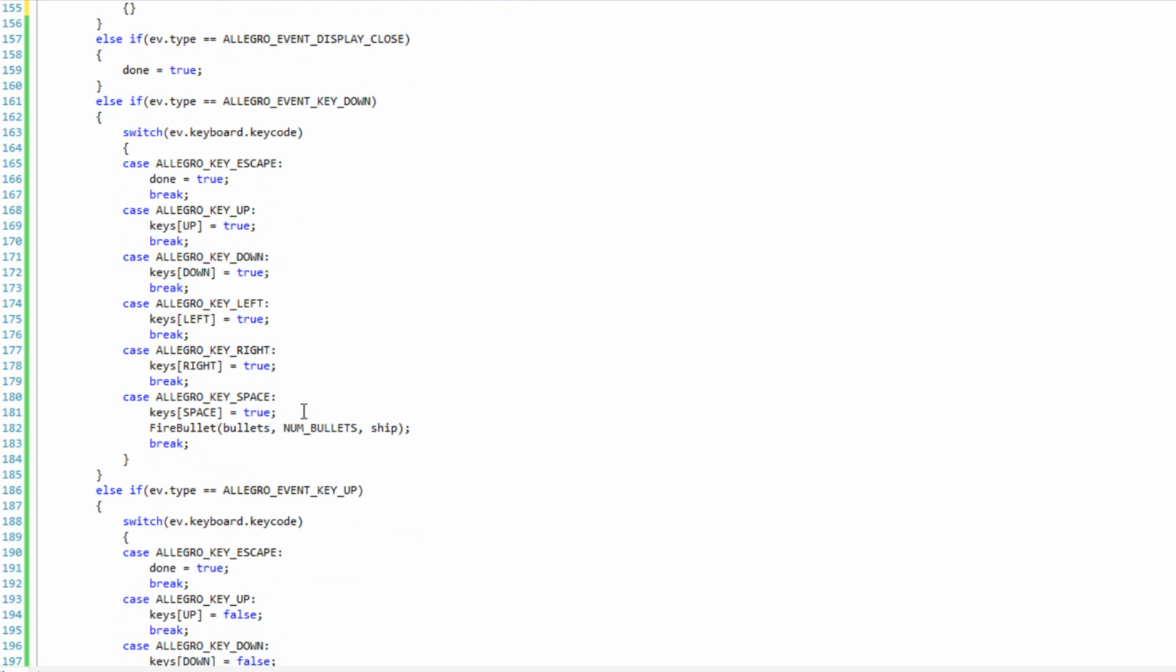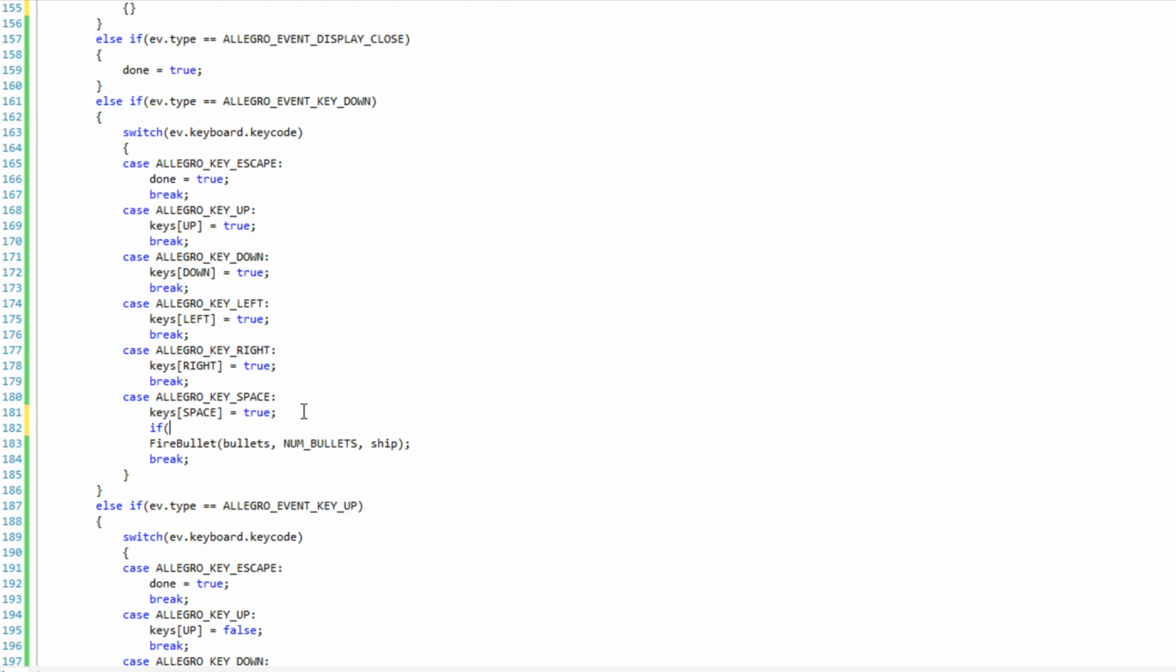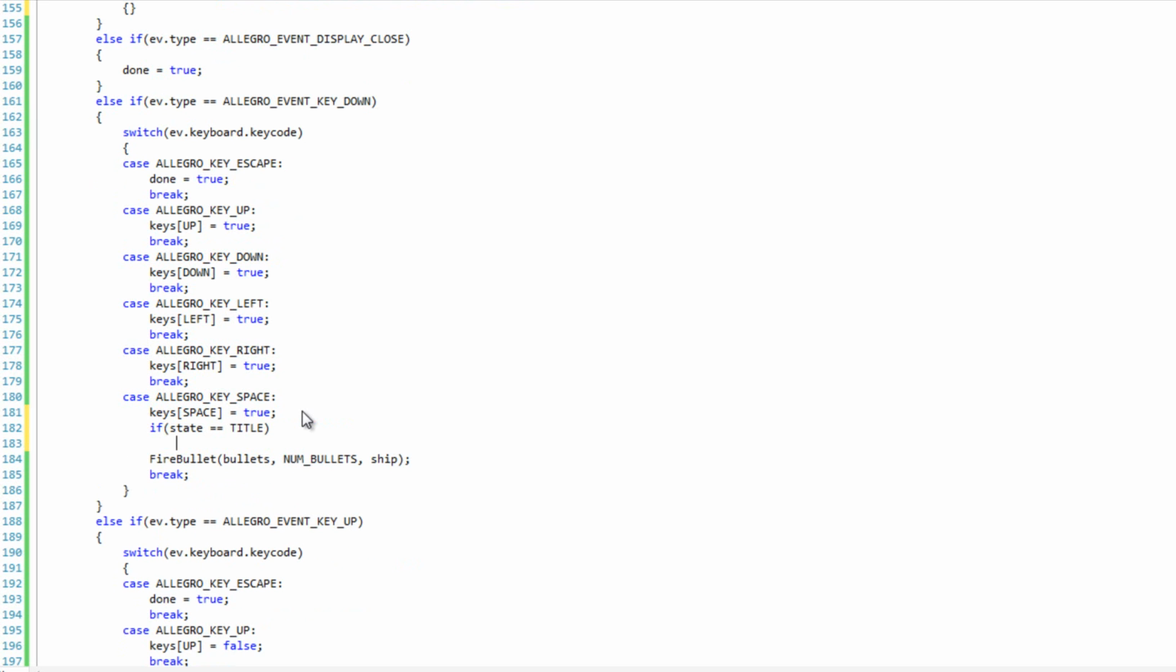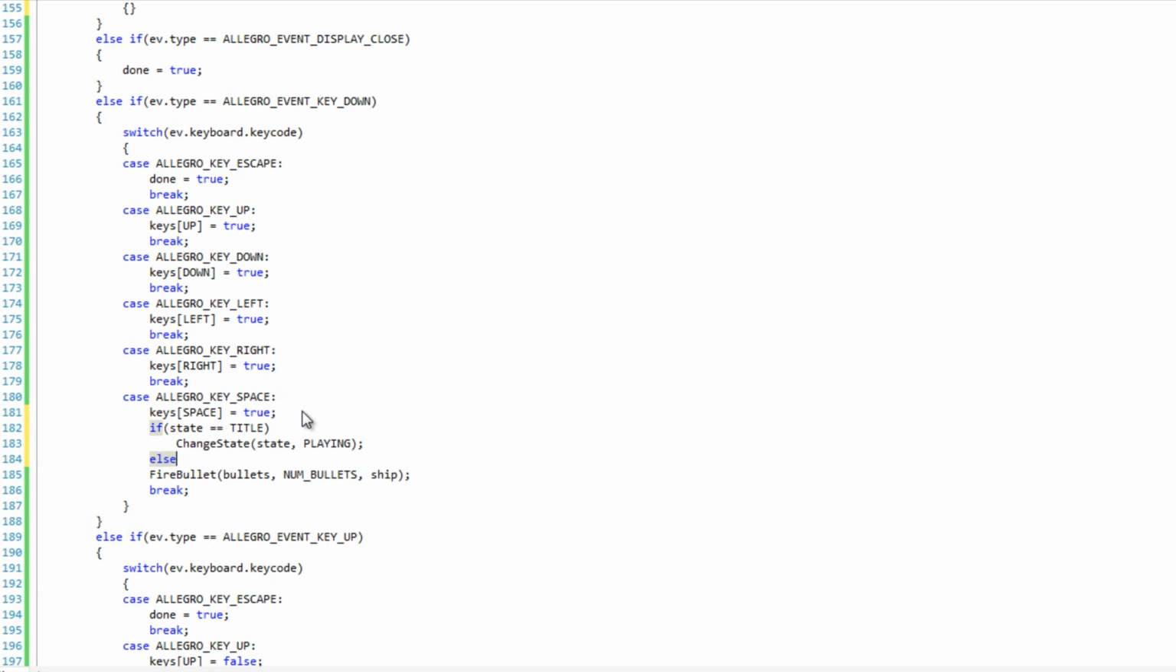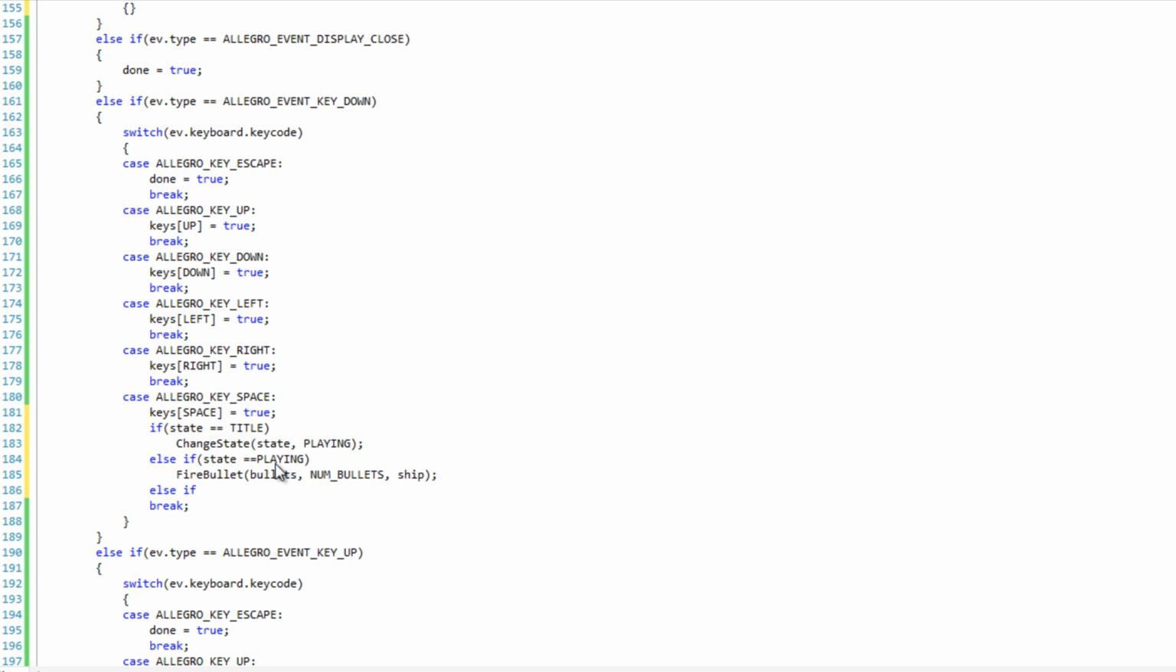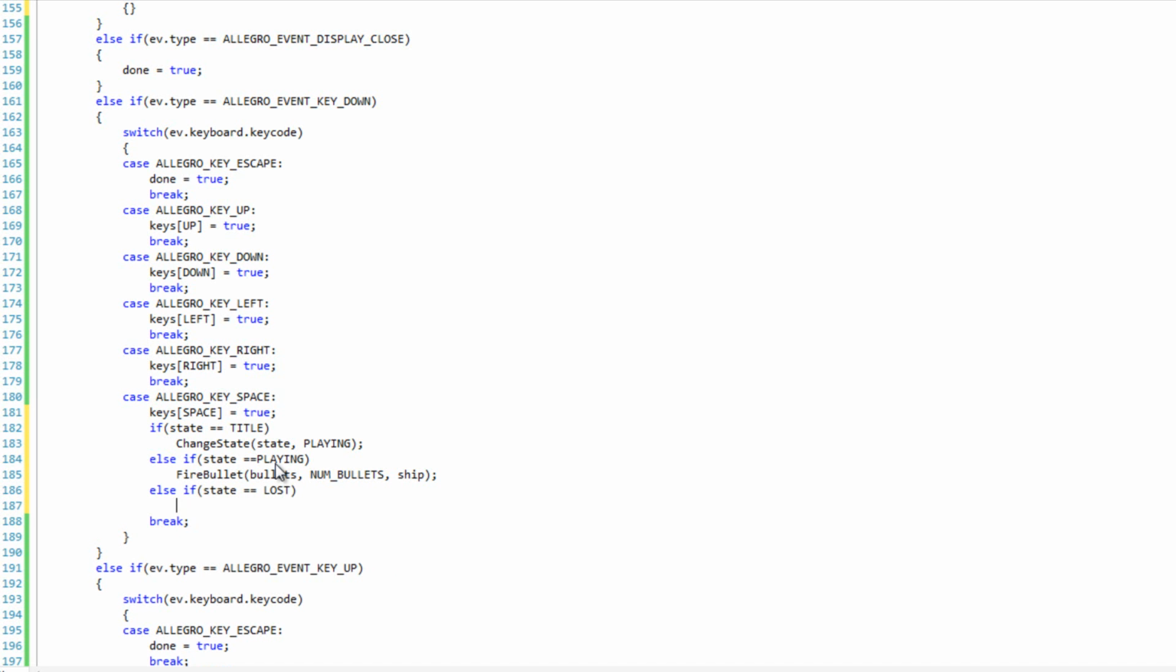And I'm going to have just a little state scenario in here. I'm going to say if state equals title, change state to state playing. Else if, this should look familiar, state equals playing, then I'm going to fire my bullets. And then finally, else if state equals lost, then I'm going to say change state